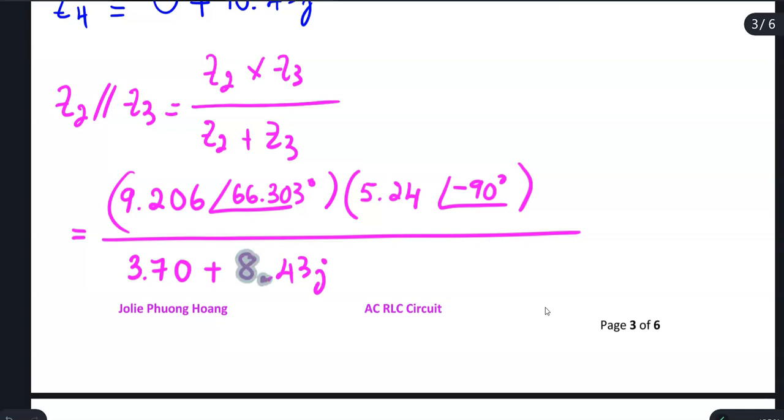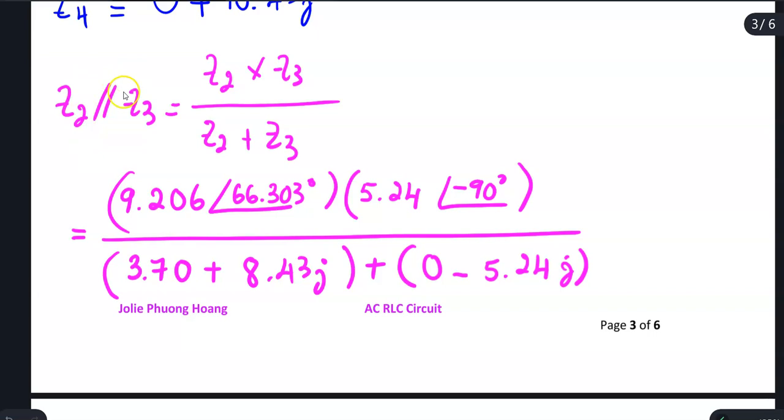Let me write it to make it clear. Okay, so this is my Z2, and then I add my Z3, which is 5.24, but in this case, I am going to write it in terms of rectangular, therefore, I should write it as 0 subtract 5.24J. Okay, so just to repeat, here I'm going to calculate Z2 parallel to Z3, and